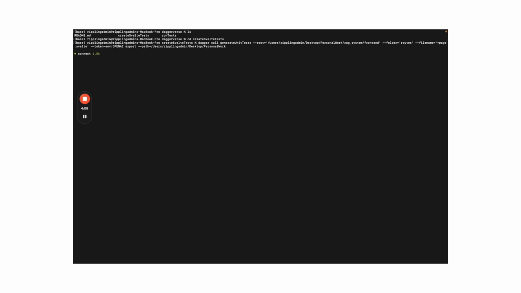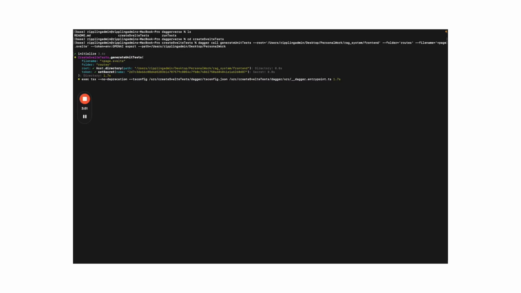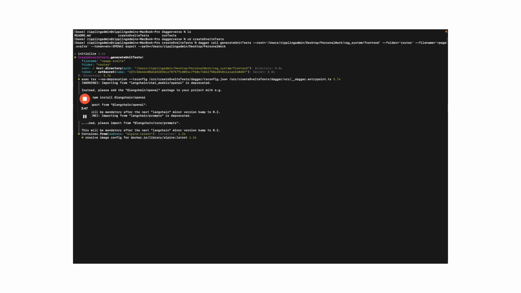Generate unit tests is a LangChain pipeline, an AI agent. First, it will generate suggestions for unit tests based on best practices for the code containing plus page.svelte in the folder routes in the directory and in root. From there, it's going to generate code for those suggestions. From there, it'll add type annotations because I'm using TypeScript, if that is missing from the code, and then ensure